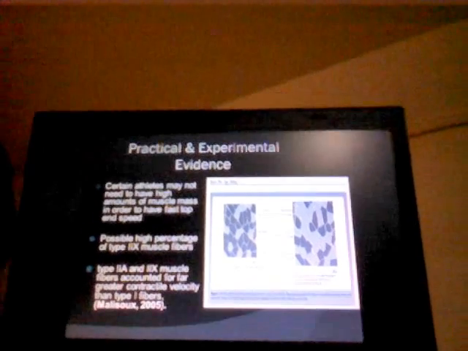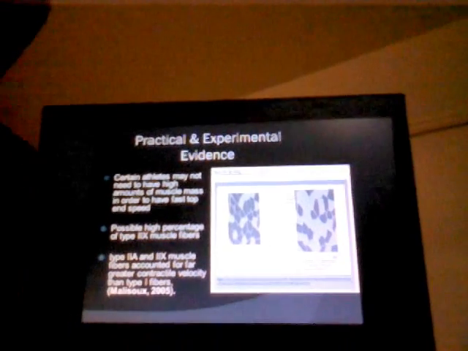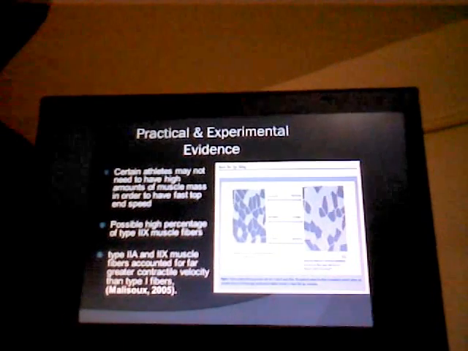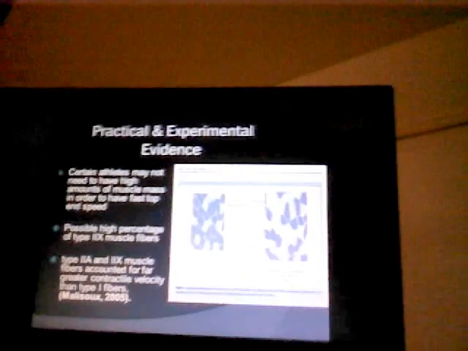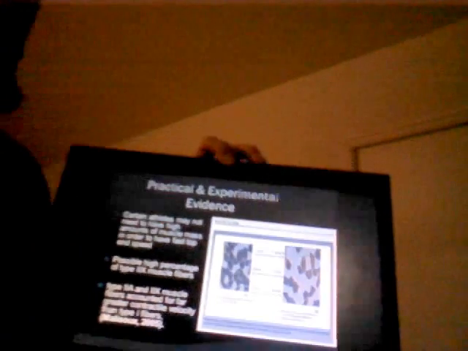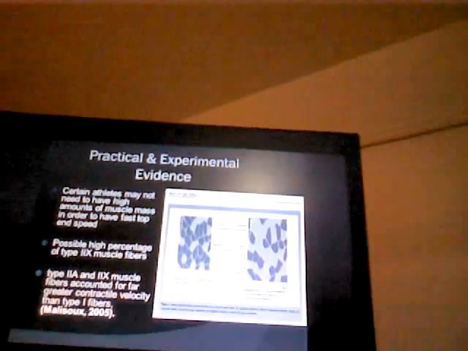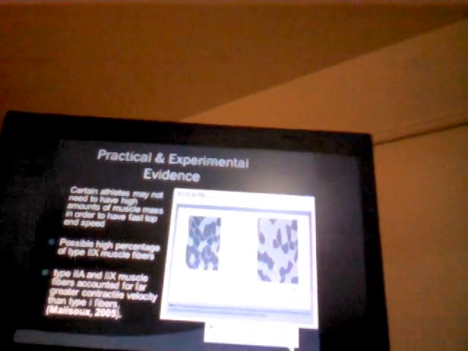There have been studies that have found that the rate of force development is a better determinant of running speed, and if we want to dig a little deeper and find out what mechanisms might contribute to that,